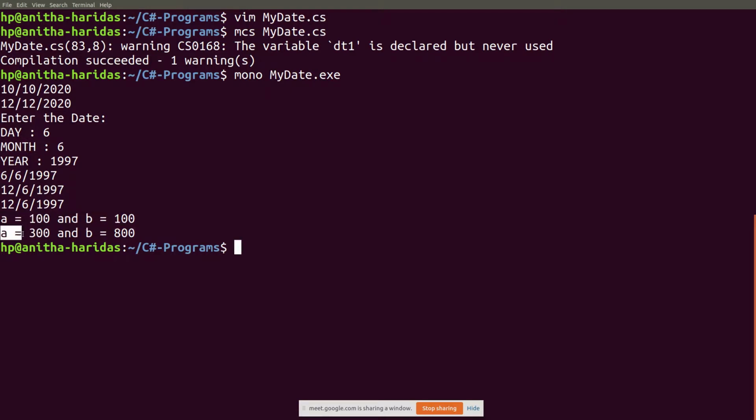Then I change the value of a, it is not affecting b. I change the value of b, it is not affecting a, because they are now independent variables. Since they are value data types, two copies of the value will exist. One copy will be a, another copy will be b. So changing the value of a will not affect b, and changing the value of b will not affect a.